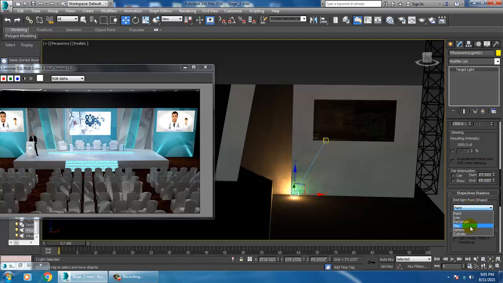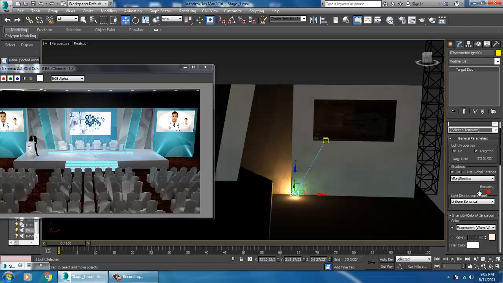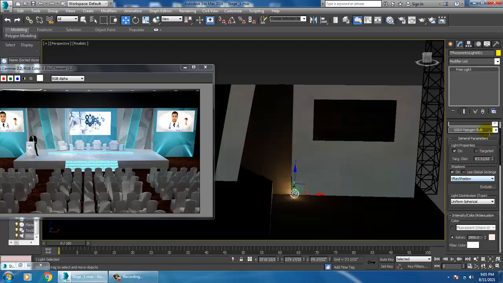Point this, you can use it accordingly. Even you have a few templates, whatever templates you want to use, you can use the templates also.